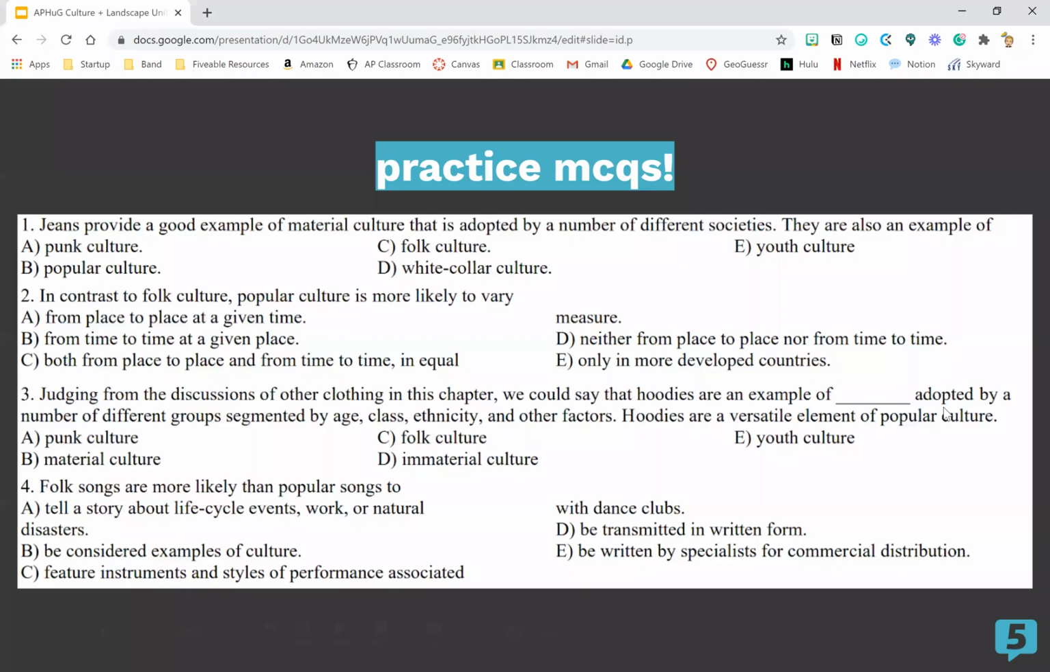So D and E are out because we're done with that. So popular culture is more likely to vary what? From place to place at a given time, from time to time at a given place, or both from place to place and from time to time equally. So this question is worded pretty weirdly, but the thing here is you just have to think about what the examples of everything are. So pop culture is